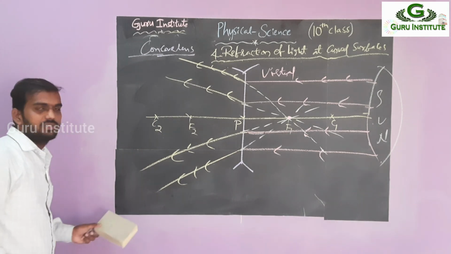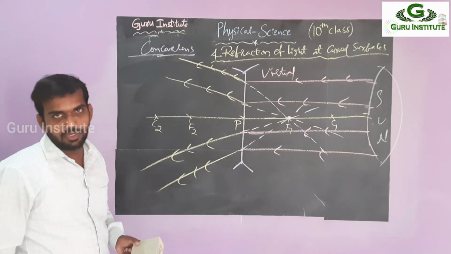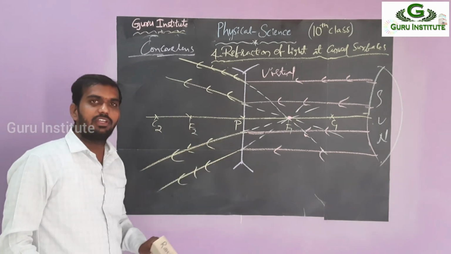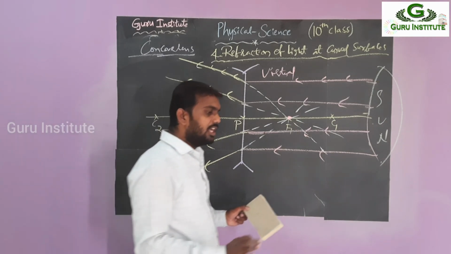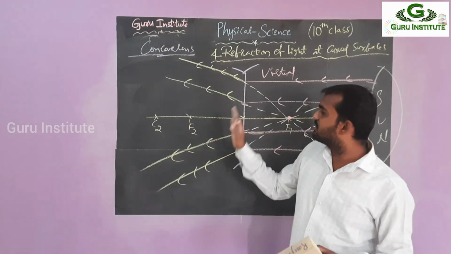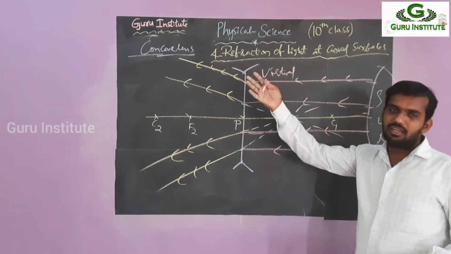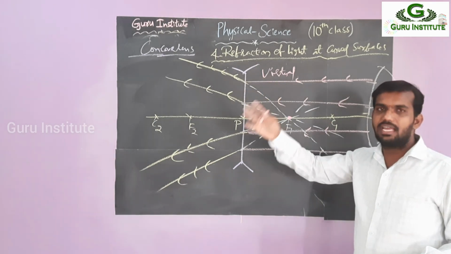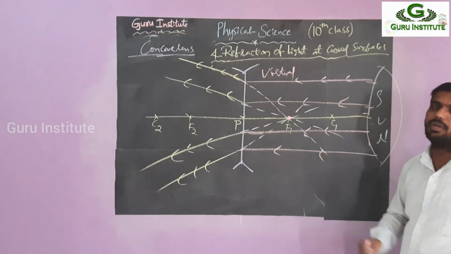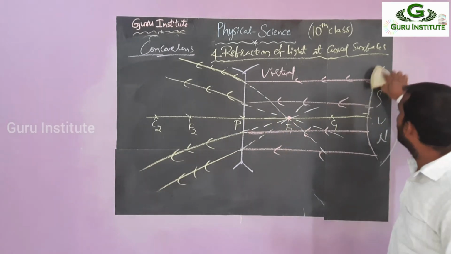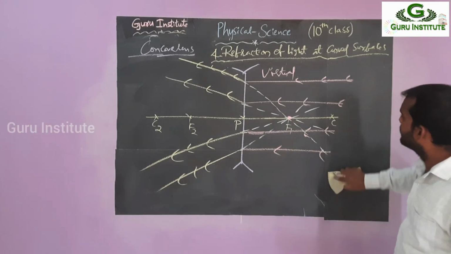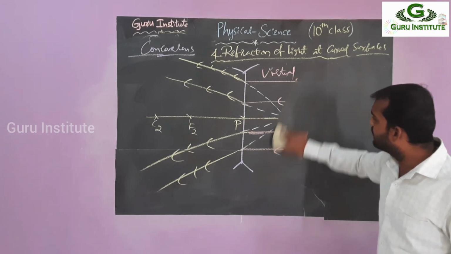Okay, right? So this is about the concave lens general picture. Whenever the object is at infinity, in both the convex lens and the concave lens, the image nature is the same. Only one difference is there. In the convex lens, the rays meet directly. In the concave lens, they meet indirectly. That is a real one. This is a virtual one. That's it, right? So next, we have to see the remaining cases.